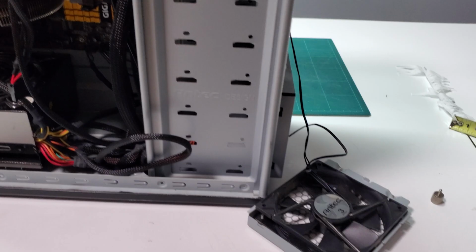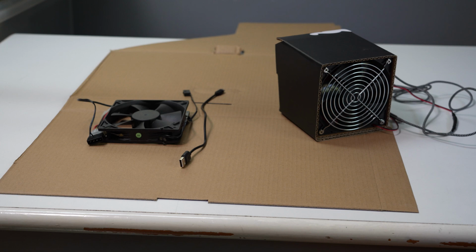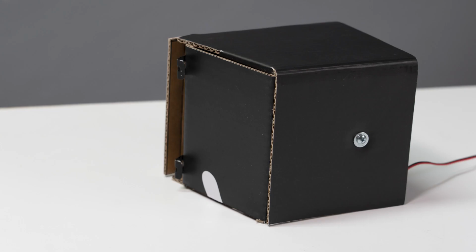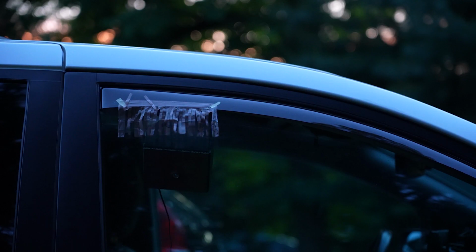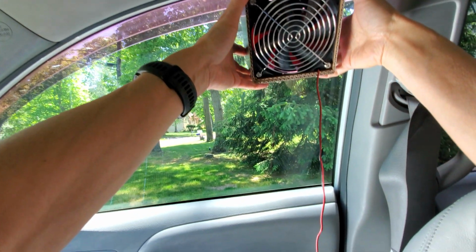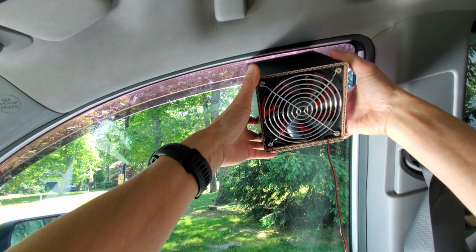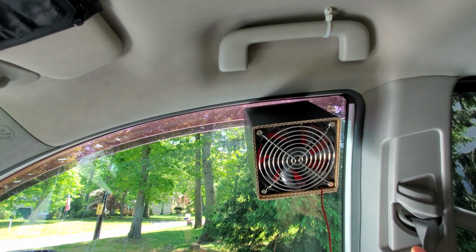Welcome to this exciting video where I demonstrate the transformation of a simple piece of cardboard and a computer fan into an efficient portable window exhaust fan. Making this fan is not difficult, requiring no special tools, and it can be powered by any standard 5-volt USB